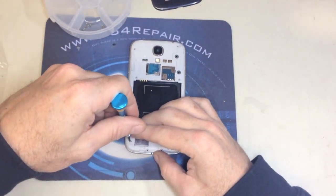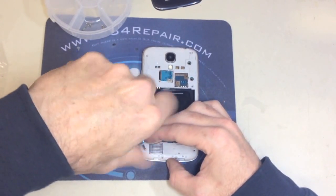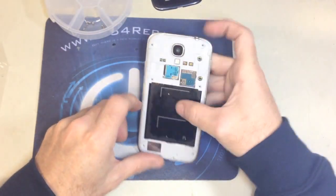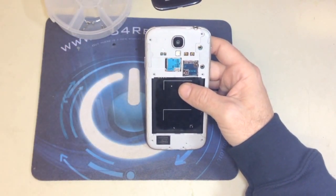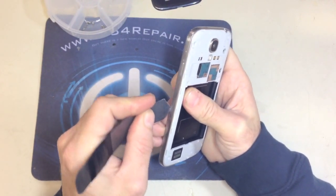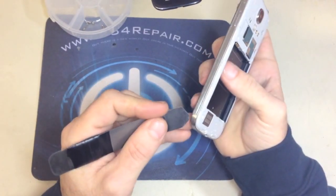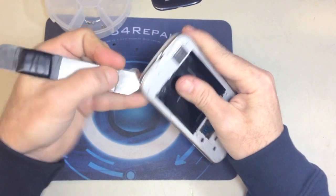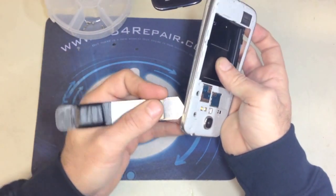Now that we are done with removing all the screws, the next step that we're going to take is to remove the back cover of the phone. And this is the charging port that we're going to use. So we're going to go ahead and stick our tool right in between the screen and the back cover border or edge of it. Once we get all that separated,